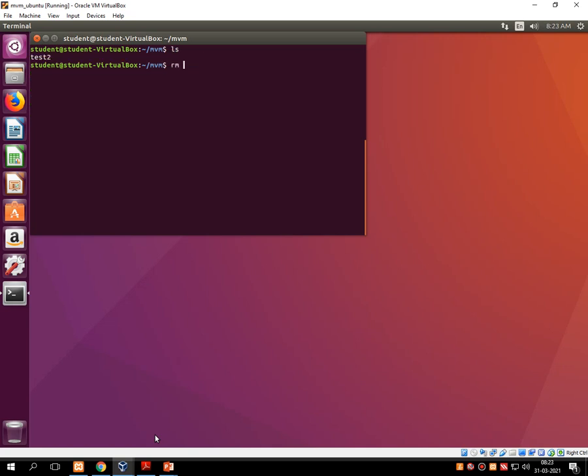Let me remove this test2. I want to clear everything. Now nothing is there in MVM.